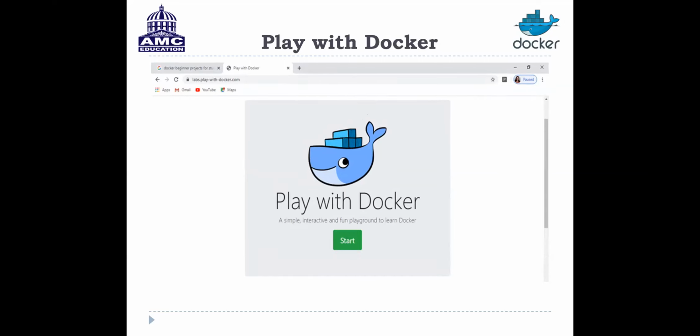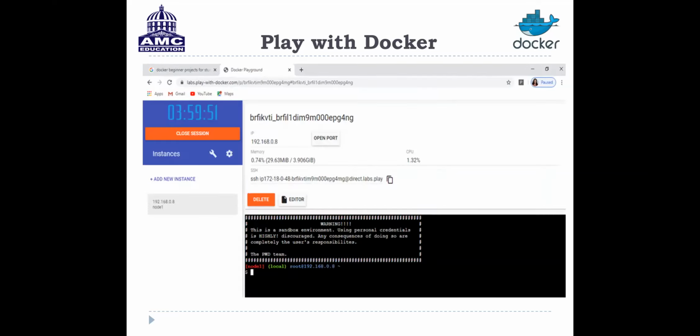Once you have given your logins, you can start the session. Once you click on start, you can see the window in this way, where in your left corner the timer will be starting. First you have to click on Add New Instance. Once you click on Add New Instance, you can see the playground area where we are going to play with our Docker commands.